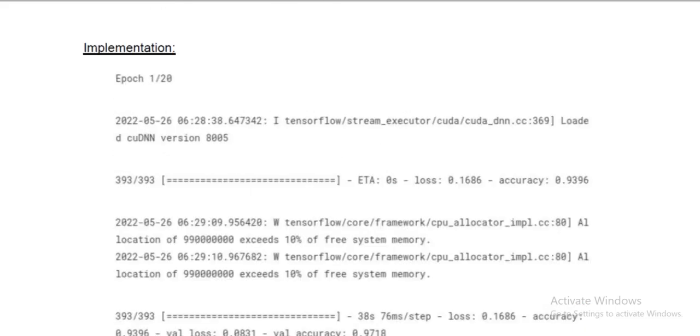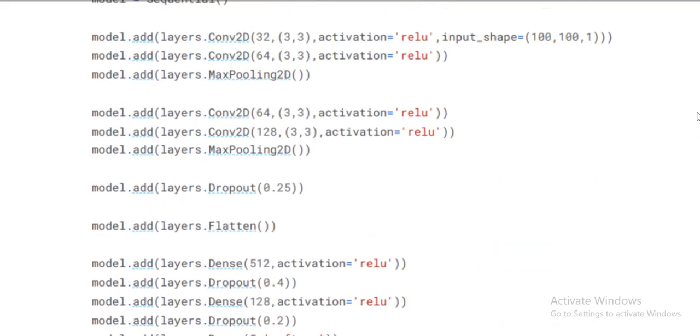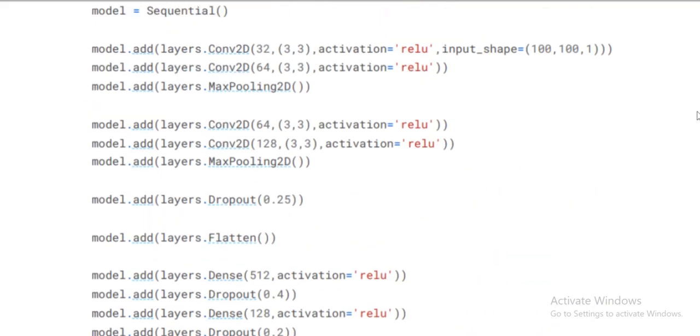So I think we have clearly demonstrated how to create a basic CNN model, and with TensorFlow it is quite easy. I would like you to play with this model and get a solution for